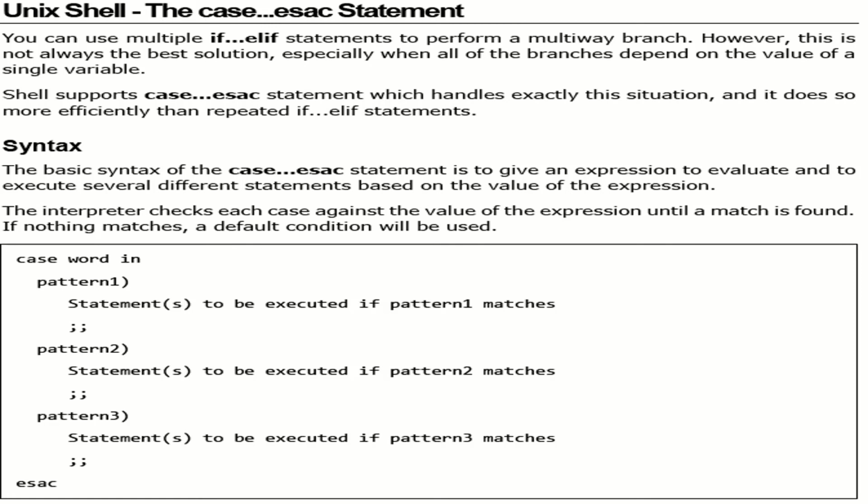Finally, if the word is not valid for any of the patterns, it moves to the default statement of the case structure. Okay, this is a simple example. This is the syntax of the case structure: it starts with the keyword case, then write the word, then write in, then write the patterns, and finally write esac, the last keyword that indicates the end of the case structure in Unix scripting.